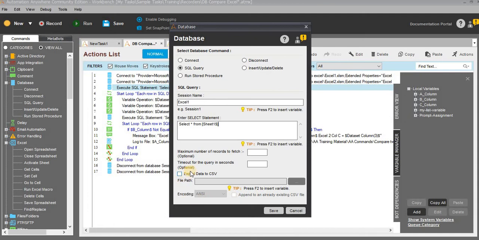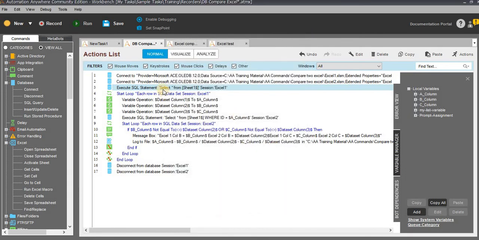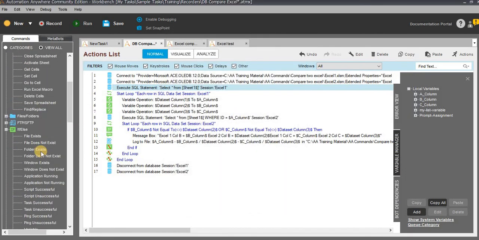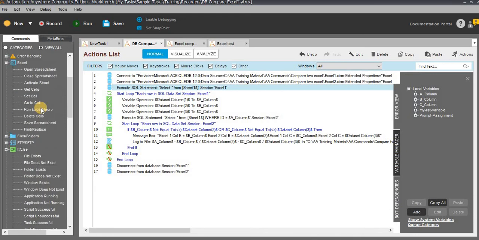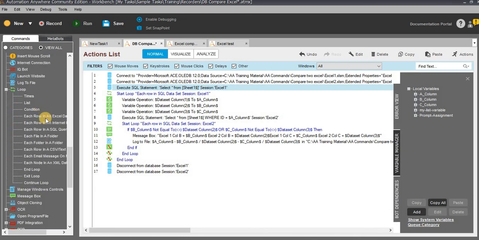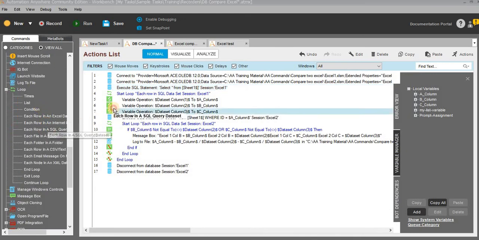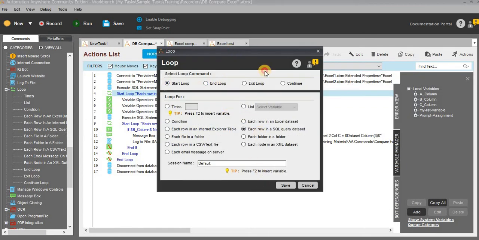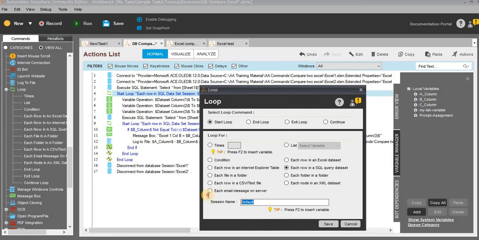Very simple. I am not exporting the data into CSV. I have only mentioned the select query, select star from sheet 1, and click on save. After that, I am going to use the loop command. In the loop command, we have each row in an SQL data set. Just drag and drop this command, and in the same way, use the session name as Excel1.